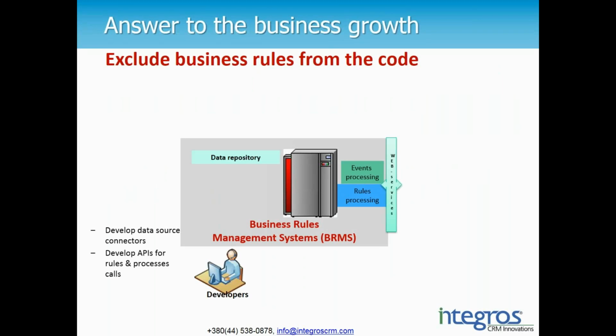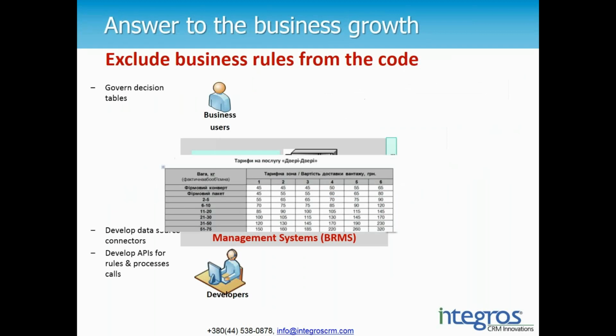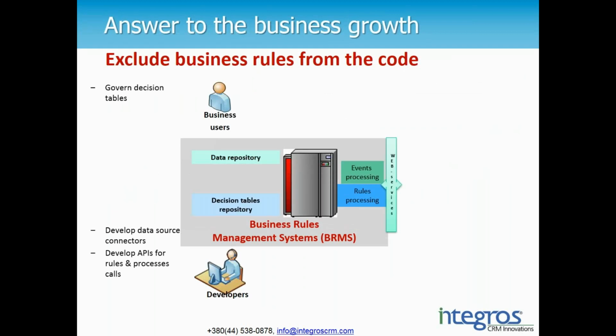In this case, naturally, a programmer develops connections to data sources, a gateway for integration, and a data repository, and the description of the data itself, to be used then by business experts. Because the control of decision-making tables is given into business experts' hands completely,